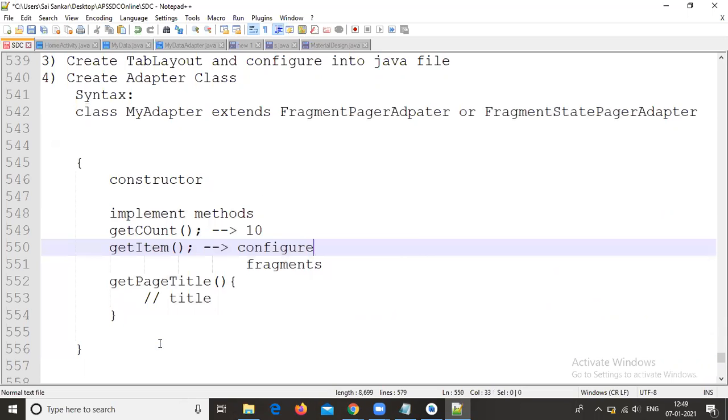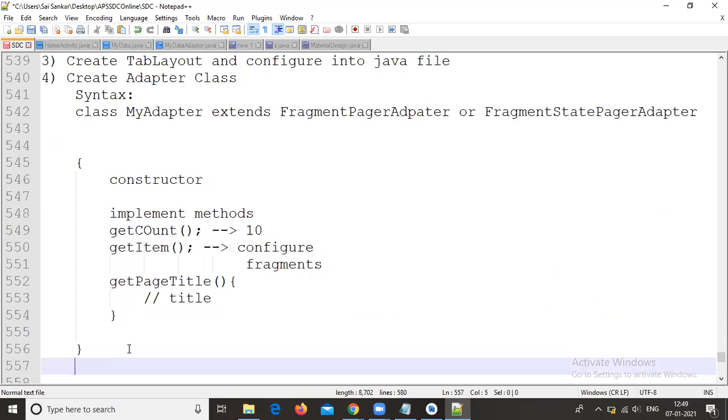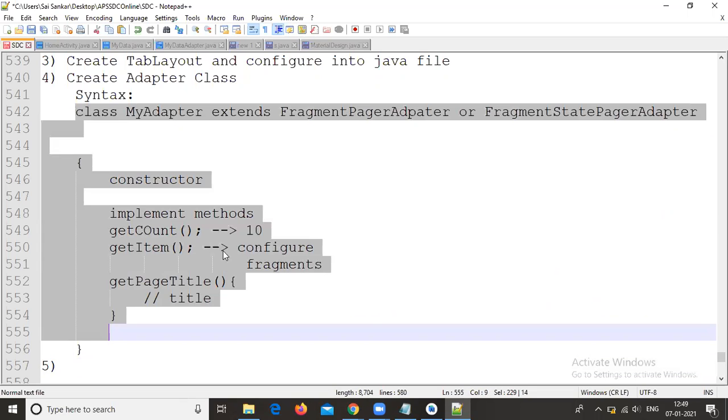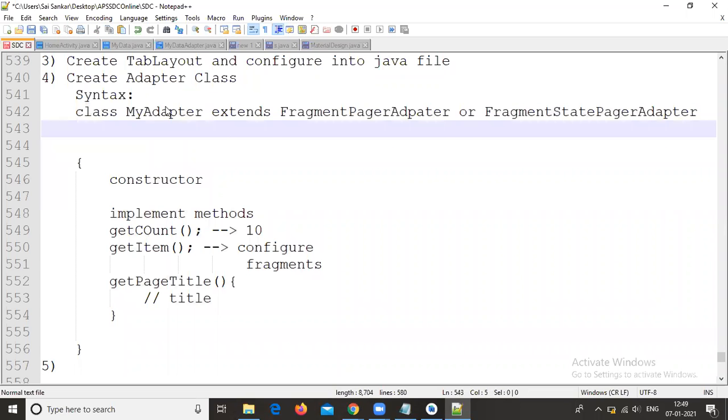This is the fourth step, and the next step, the fifth step, all of you observe carefully. Your entire functionality will be available in your adapter class. Whatever functionality you are developing up to now, this complete functionality is available in our adapter class.